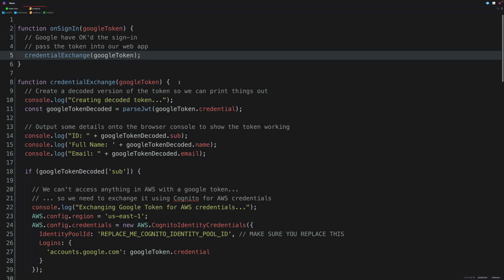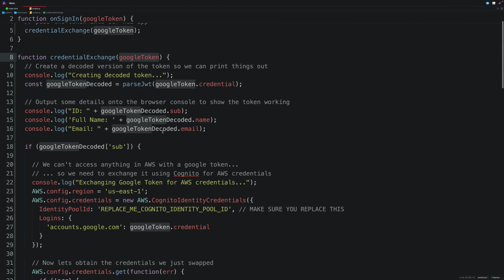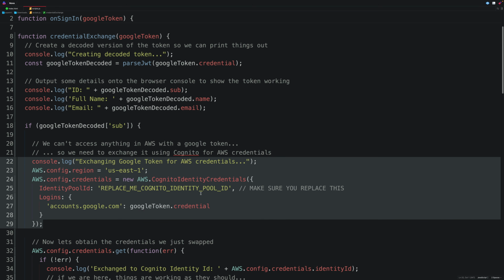Now what happens next is we take that identity token from Google and we use it to call Cognito. We provide Cognito with that identity token as well as the identity pool ID. And using both of these pieces of information, Cognito exchanges this authentication token for valid AWS credentials.